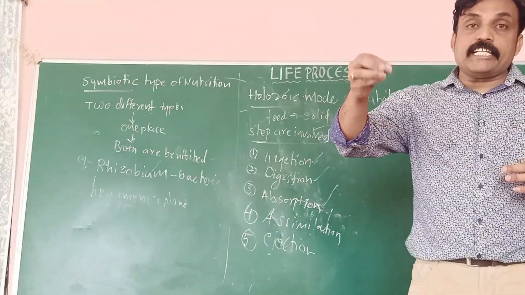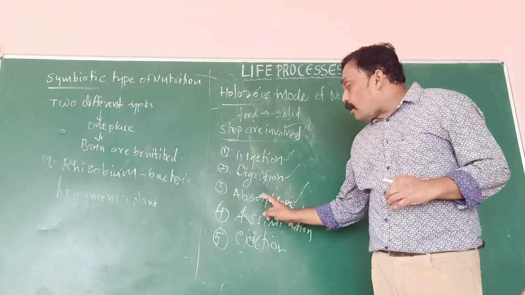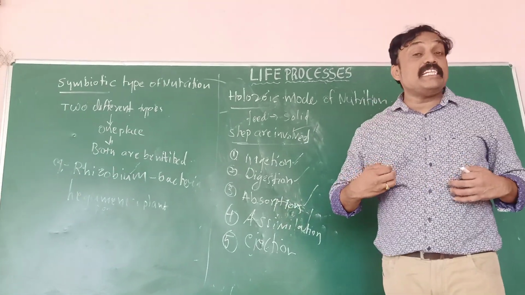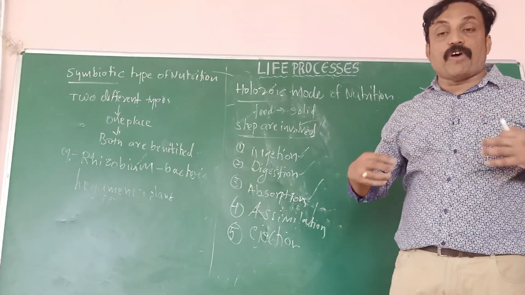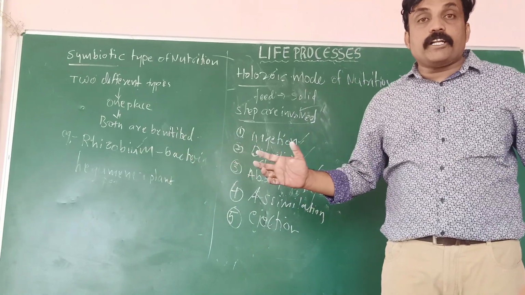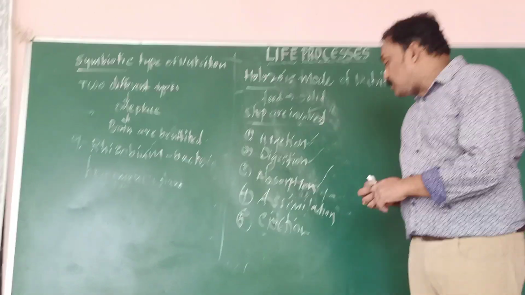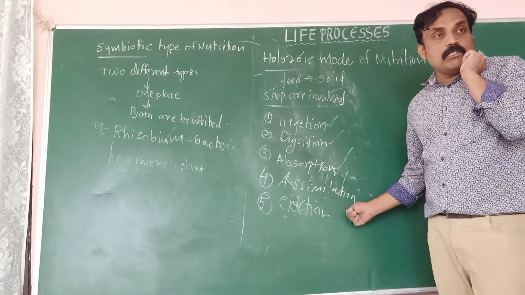Whatever digested food materials enter into the blood, that is what we call absorption. After absorption, whatever digested food materials are useful for various functions in my body. Digested food materials are useful for various functions in our body. Assimilation. After assimilation,